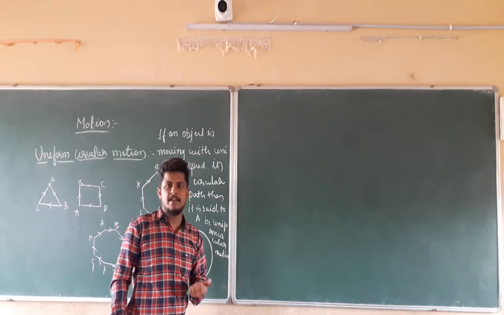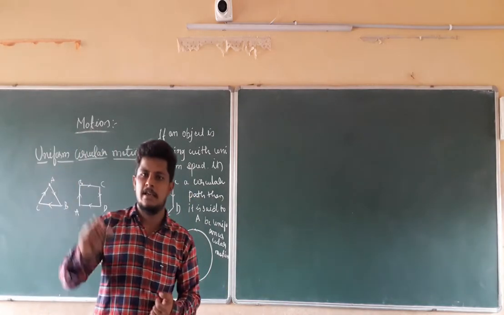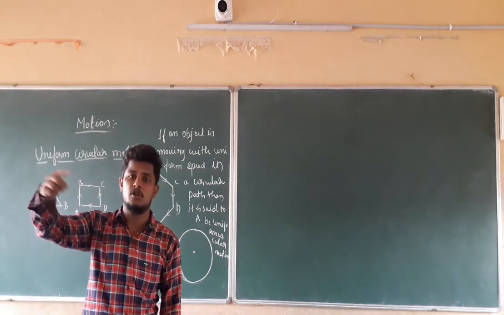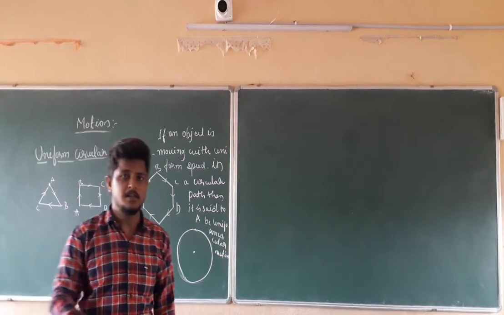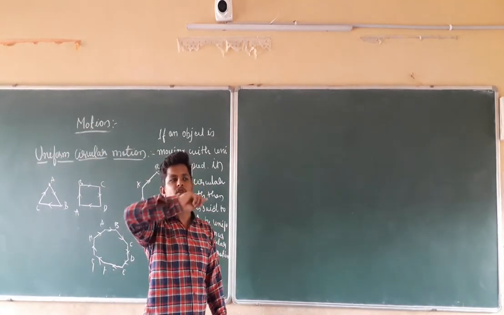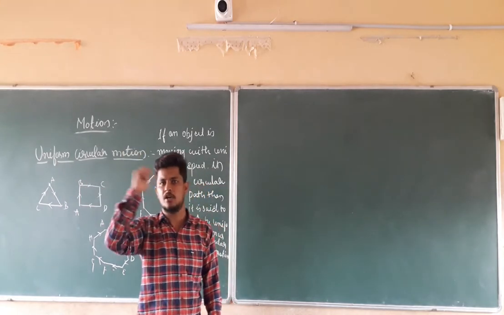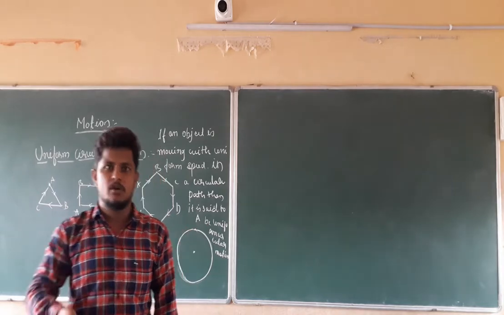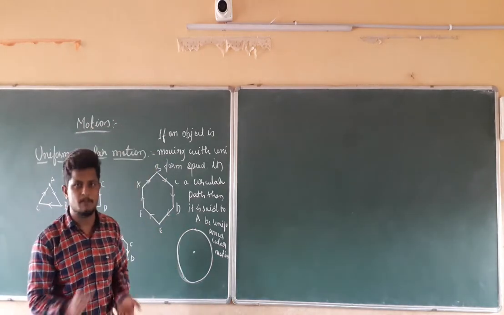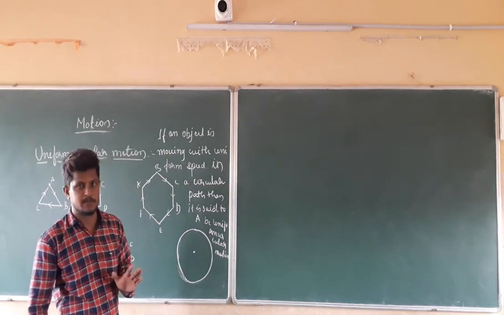Right? In the same manner, if you take a thread and hold a stone on the other edge of that thread, what happens if I start to rotate it? It is going to rotate with circular uniform motion. It is going to continuously rotate with the same speed, so we can say that it is in uniform circular motion. Those are the examples for uniform circular motion.